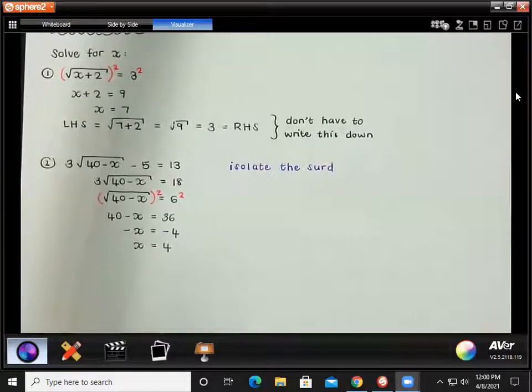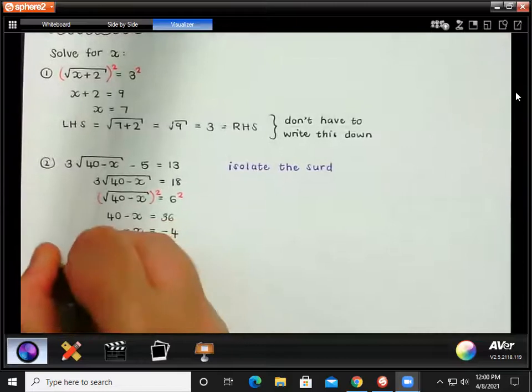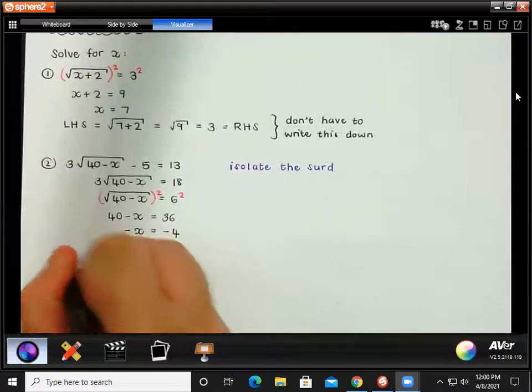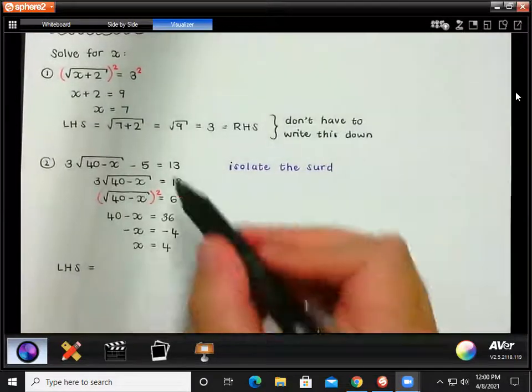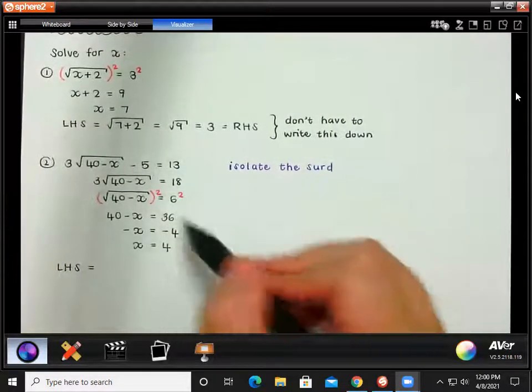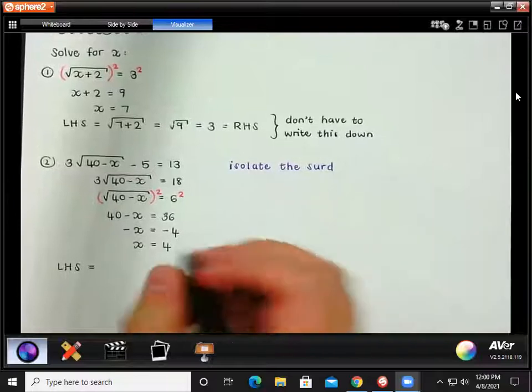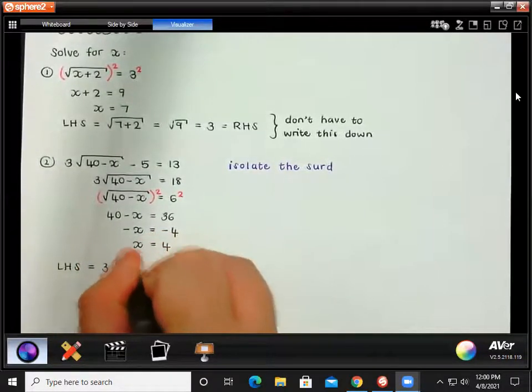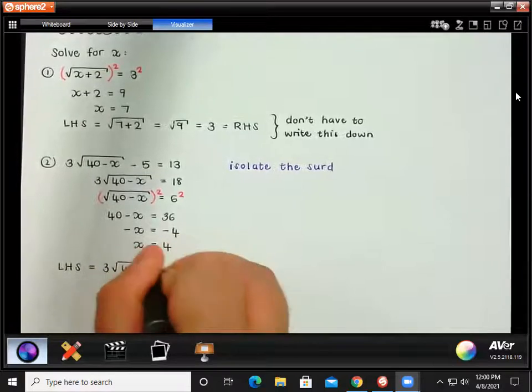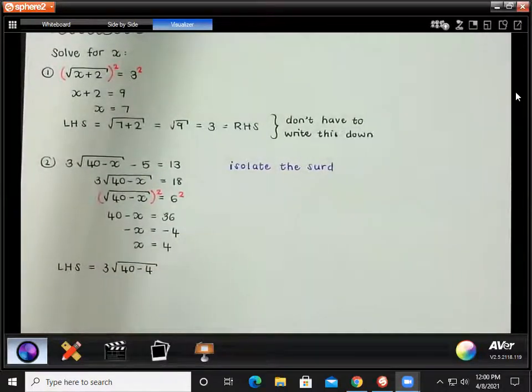Right, let's check our answer, guys. It's a surd equation, so we always have to check our answer. So let's write LHS equals. And now you need to sub it into the original equation, hey? Not one that you've changed. You need to sub it into the original one. So 3 square root 40 minus x now becomes 40 minus 4, because x is 4,